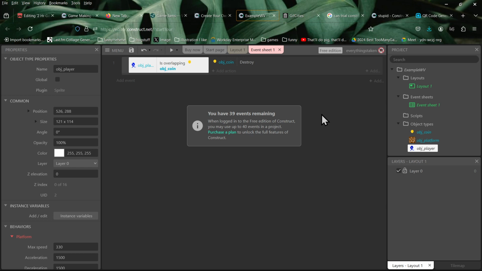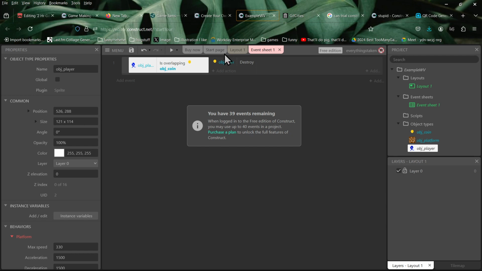So it's overlapping. Oh, so you want to also make sure to label this. So you want it to be when the platformer overlaps with this, because you're just having this when this object overlaps the same object. And yeah, you just want to label these just so it's easier later. Especially if you do any amount of scripting, it'll just make it a little bit easier to interact with.